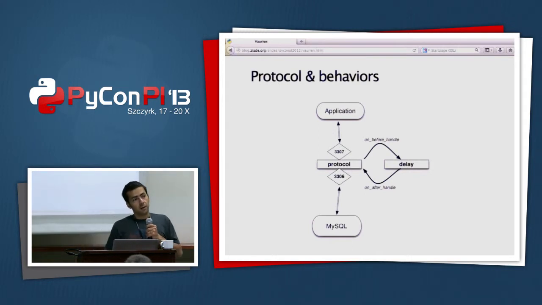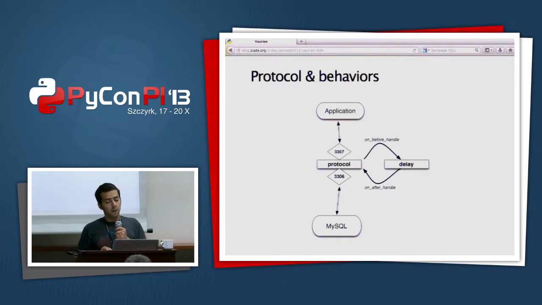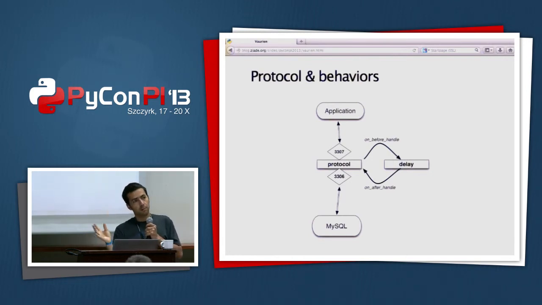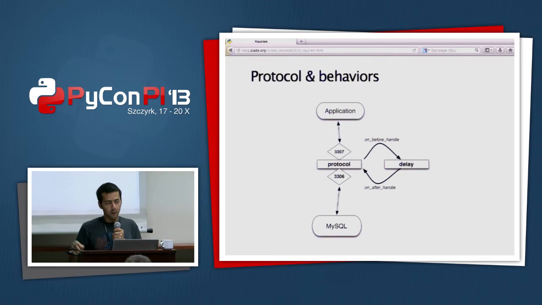It works on the packet level. So when I say it understands the MySQL protocol, it means it knows how to pass things back and forth. But we'll see later that you could write your own protocol, and you could, for example, create your own MySQL server, I guess, or something that does some specific behavior.